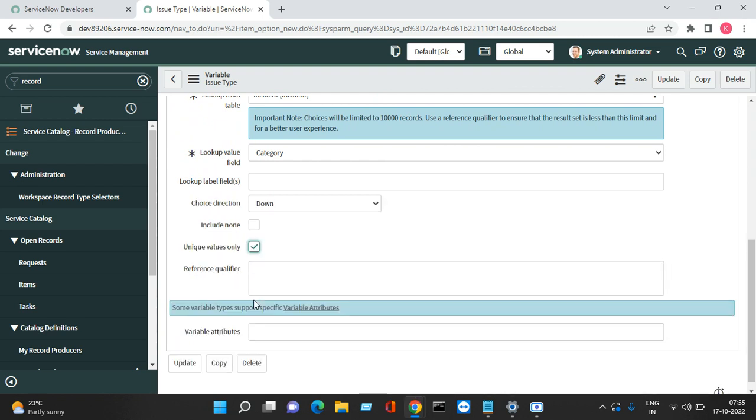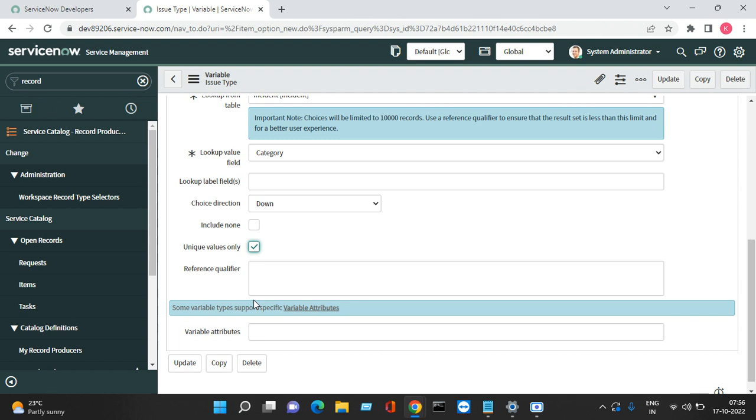If you give unique values, the duplicate things will vanish. That means the duplicates, for example, we have seen multiple choice options in that field. If you want to remove them from the record producer, when you use the lookup multiple things,